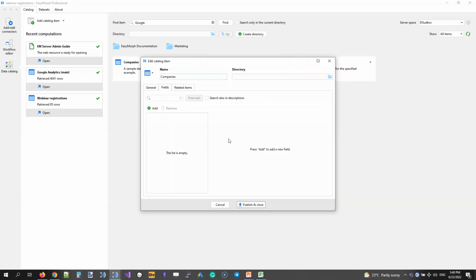In this item, fields are not created, but we can describe fields such as company name and add all other fields. Currently, it's done manually, but again, with the data catalog command action available in the next release of EasyMorph, this field metadata can be populated automatically or programmatically using EasyMorph workflows.